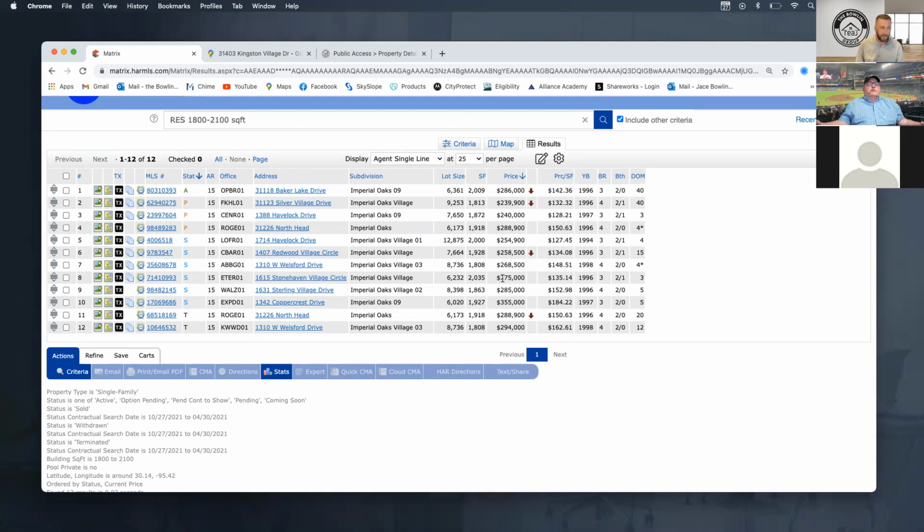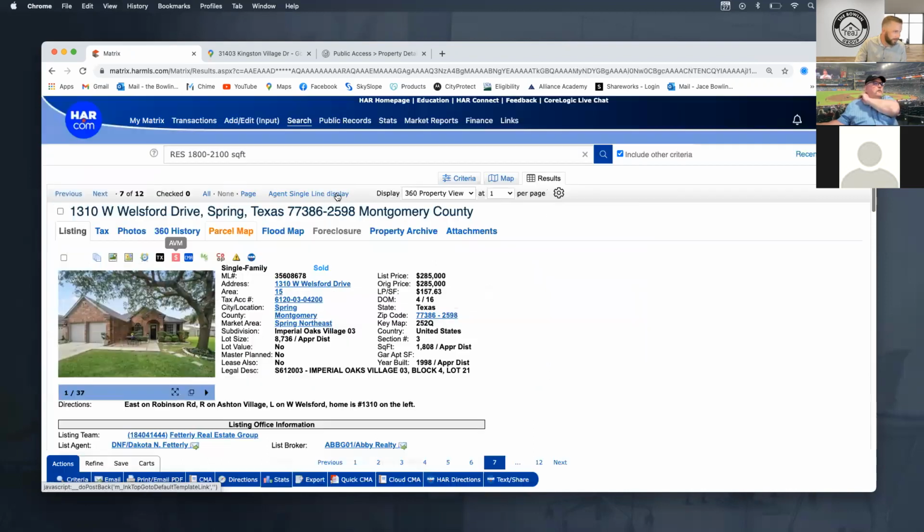And somebody says, hey, this market's insane. Let me go ahead and give you a full appraisal waiver with an extra 10K on it. And maybe they get the 285, but because they priced it so high, it terminated, then went back on the market. It was on the market 12 days. And then it went back on the market again for 4, but really it's on the market longer than that because it's got the asterisk next to it. So if you look here,